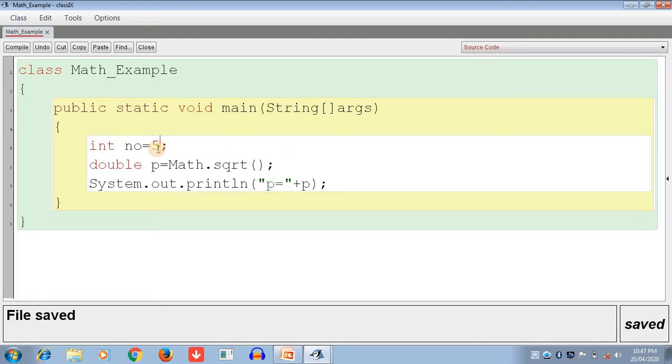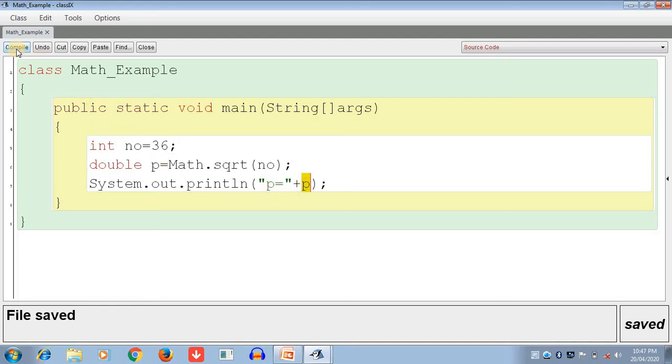I am just changing the value here to 36. Now tell me what is the square root of 36? The square root of 36 will be 6.